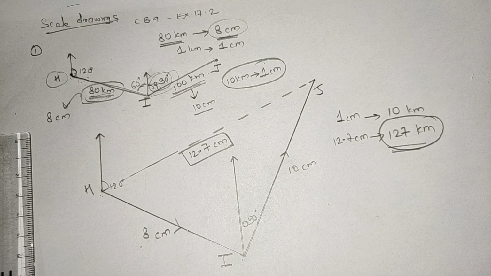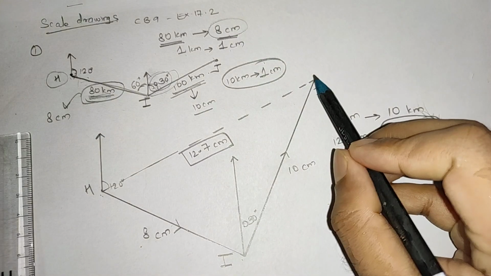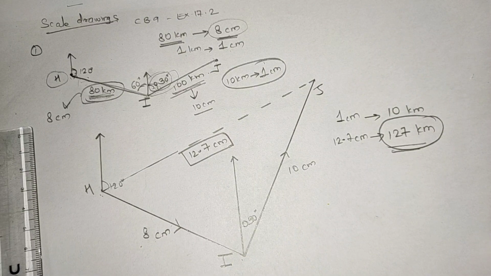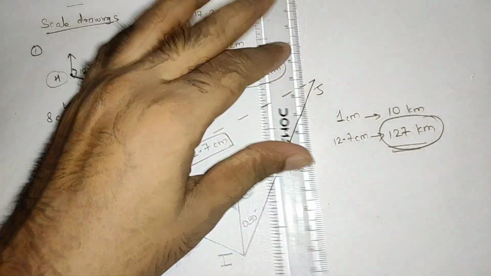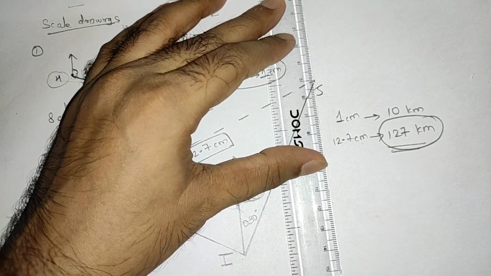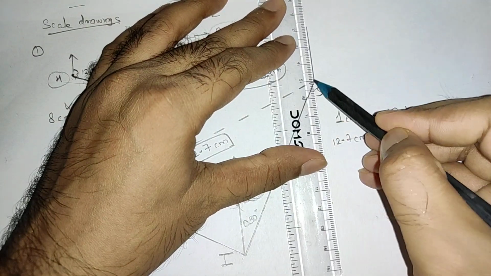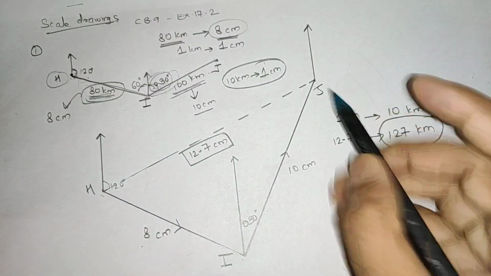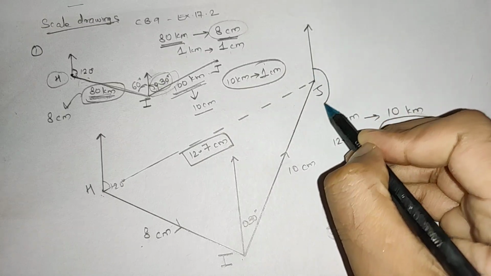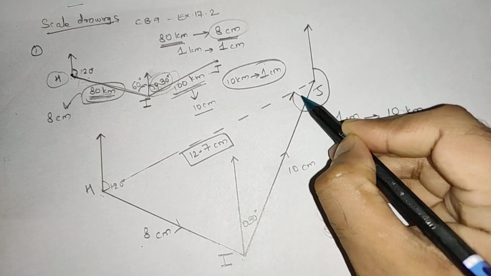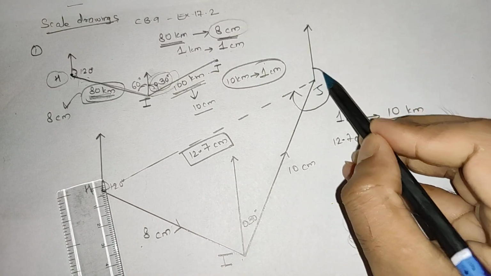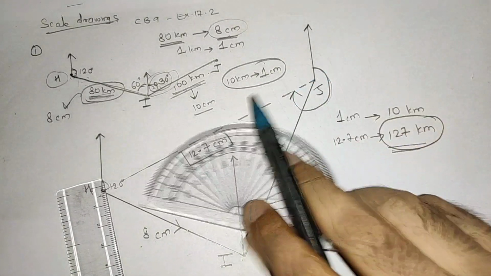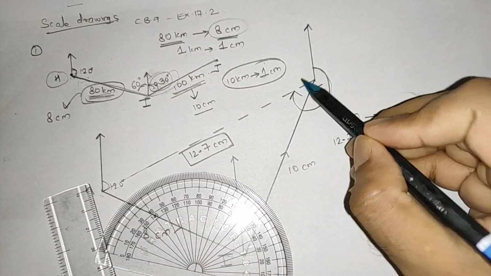What's the C part? What bearing must the ship now sail on to return to the harbor? On what bearing? Okay. Now again I need to draw north arrow over here. You can use a protractor, or you can just take an estimate of the north arrow. I need the bearing, means what? I need this angle. Okay. Clockwise from here to here. Now protractor cannot measure more than 180. So what do you do? You measure this angle.